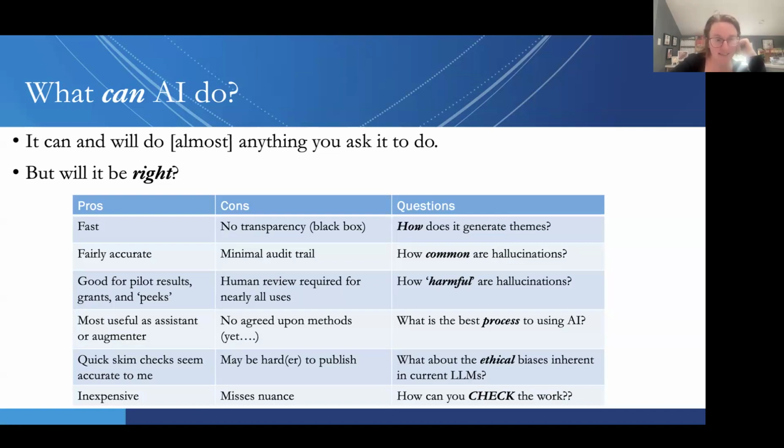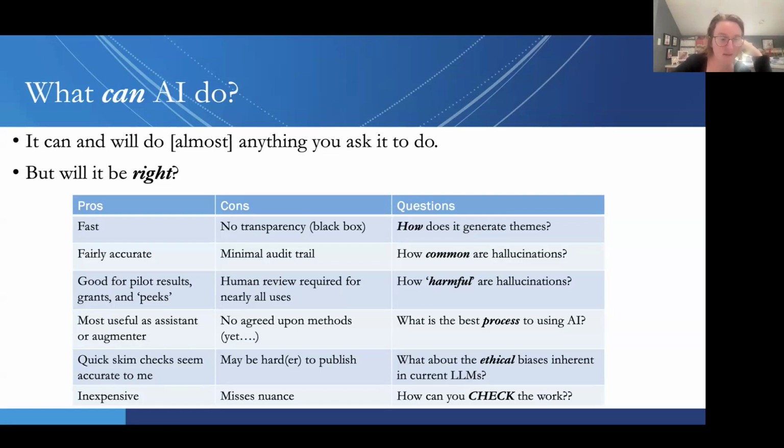So again, it's fast, it's accurate, it's great for pilot results, for peeking at your data. That Word document that I showed you, where I just plopped in some transcript and used it for themes, I needed some quick pilot data for a grant submission that was going in, and we threw it in there, and I read the themes, and then I read a bunch of transcripts, and I was like, yeah, this is meeting my sniff test, and I threw it into my grant. So it was really, really useful for that.